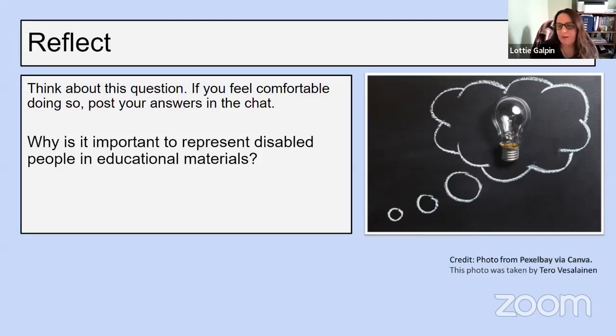Yeah, 100%. Hugh says representation matters. People need to see themselves, and we need to see challenges others face and adapt to. Brilliant. Any other thoughts? Silvina says it's important to represent all people, so disabled people fit this concept. Yeah, absolutely. Brilliant. So shall we have a look at what I think?